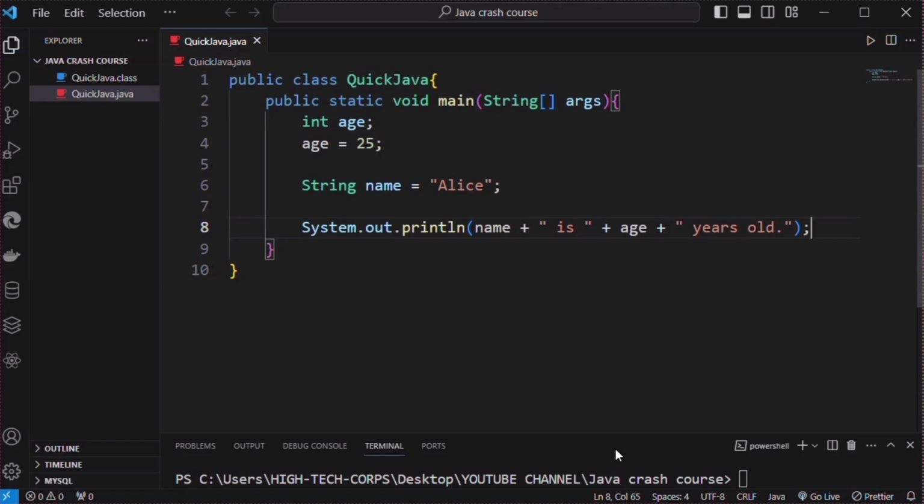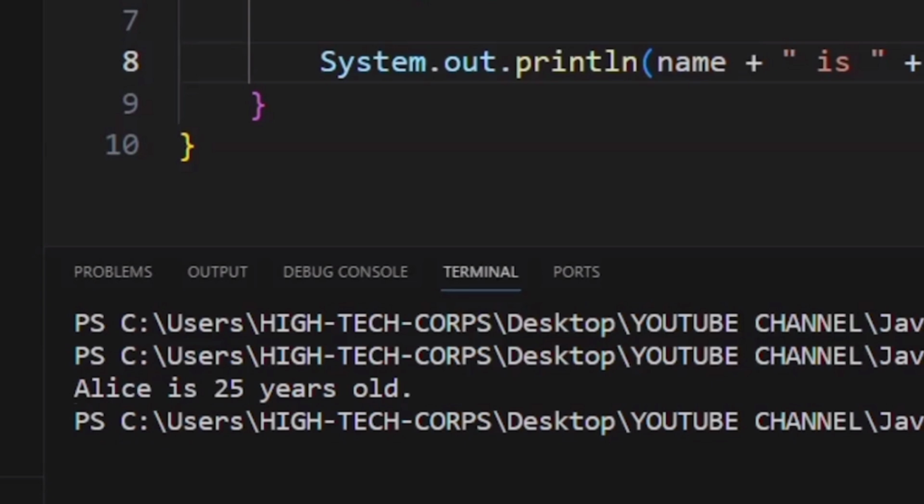Let's save and run this to see what the output looks like. So we see the message is displayed. Alice is 25 years